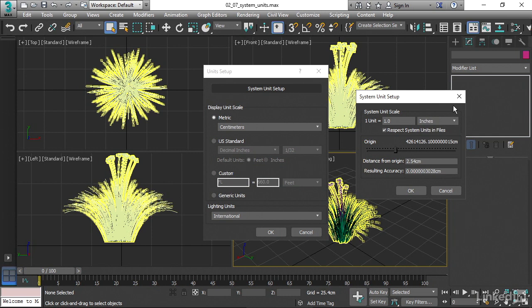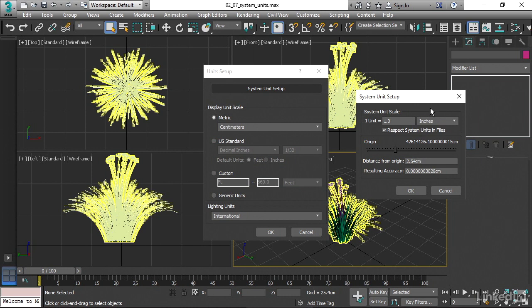And that's really the setting that you want if you're modeling a scene that's, let's say, maybe a few square miles in size or smaller. The only time you would really want to change the system unit scale is if you're interfacing with some other application that requires you to do so. Sometimes when you're exporting to a game engine, that game engine or simulation engine may require that you set your system units to centimeters. For example, I've experienced that issue when sending files back and forth between Maya and Eon